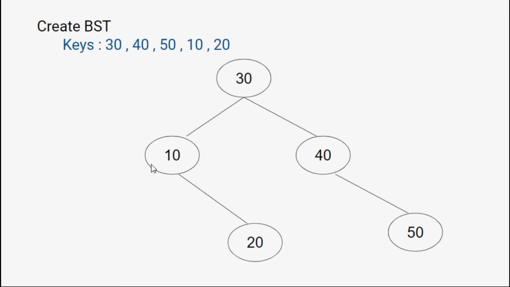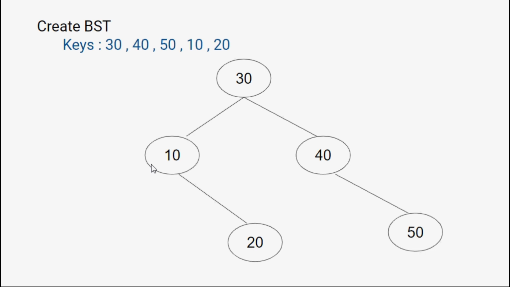Right now we are not talking about that self-balancing word. We are just focusing on how to create a BST, how to create a binary search tree. Two things that you need to remember whenever you are discussing a binary search tree. The very first thing is that a node in a binary search tree can have at most two children. Whenever I say at most two children, that means it can have zero children, one child, or two children. It cannot have more than that.